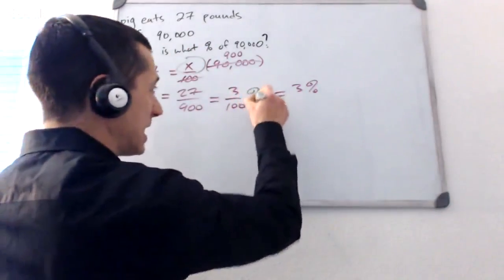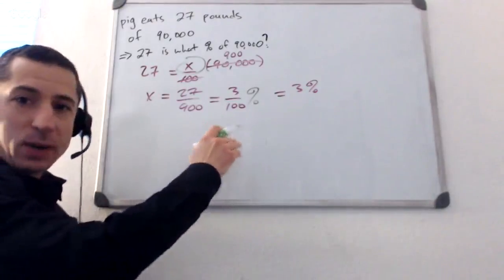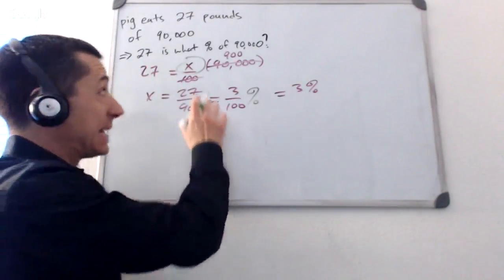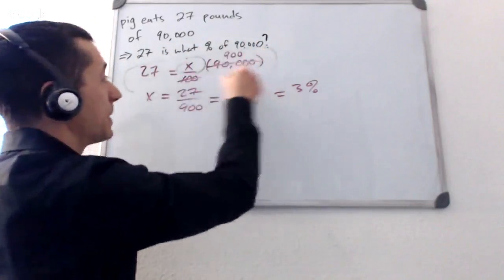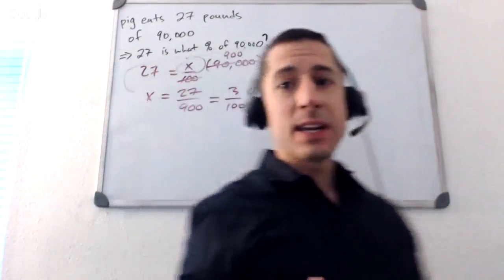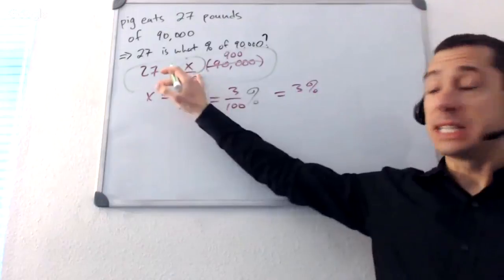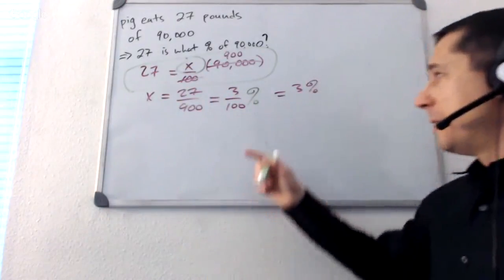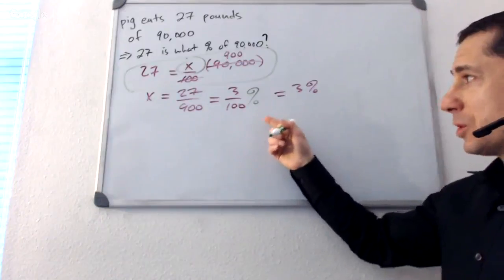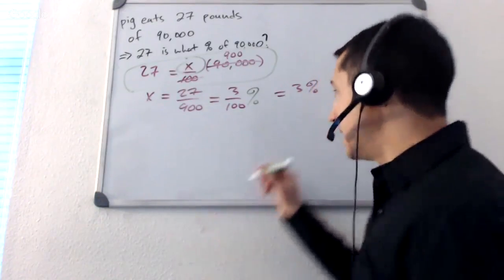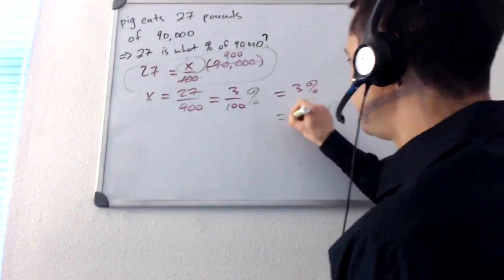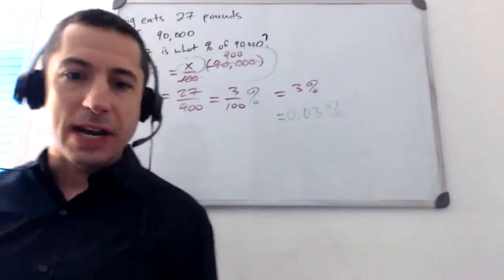The actual answer is not 3%. It's 3/100ths of a percent. No reconverting necessary, and that's actually kind of the whole point of setting it up this way. You don't need to reconvert anything. Once you get this, you're absolutely done. Solve it for X, slap a percent sign on it. Congratulations, you win. 3 over 100% or 3/100ths percent, that's something you would write as 0.03%. That's it. There's your answer.